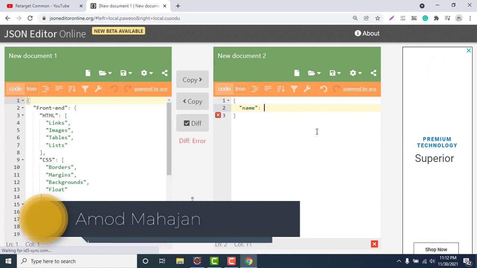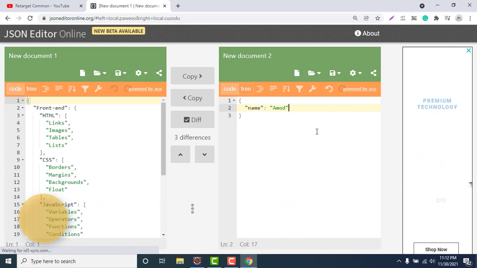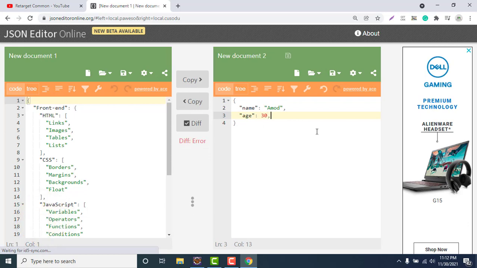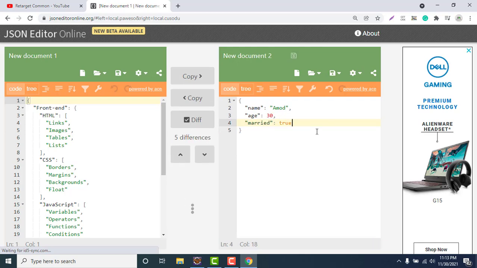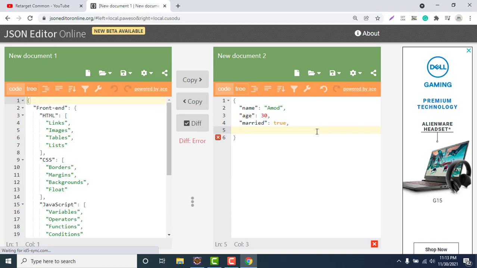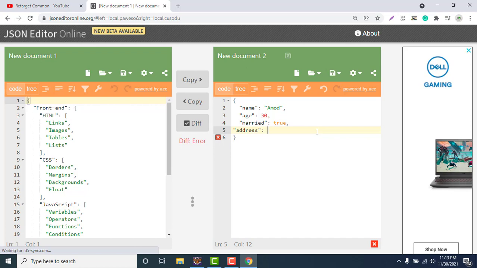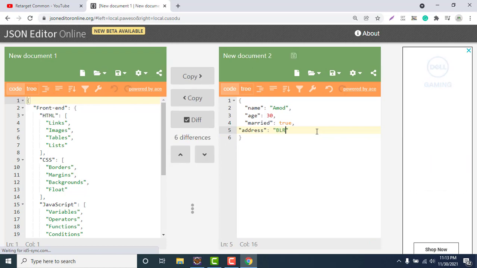Suppose Ahmad, and then age I can put 30, then I can put married as true, and address, which we have to put in double quotes, suppose BLR.